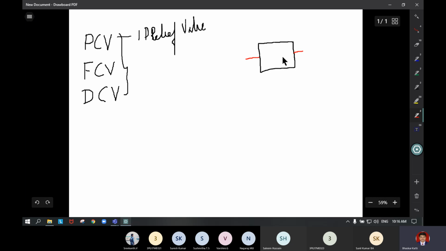Then, as it is a normally closed type of valve, the arrow mark should be offset to the port positions. That means we have to write the arrow mark offset from the port positions, like this. Then, this is a normally closed type of valve.